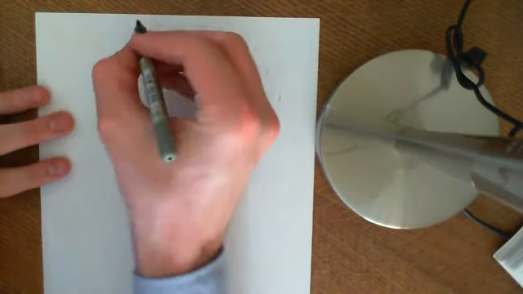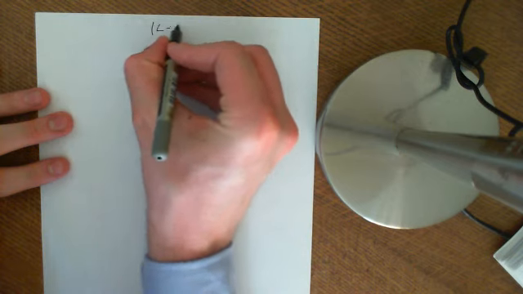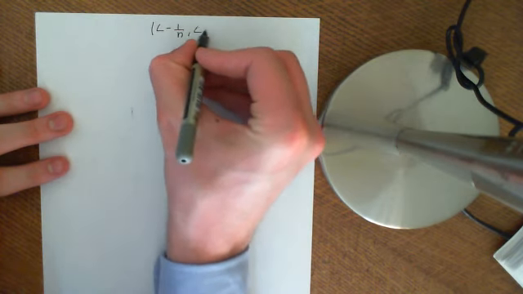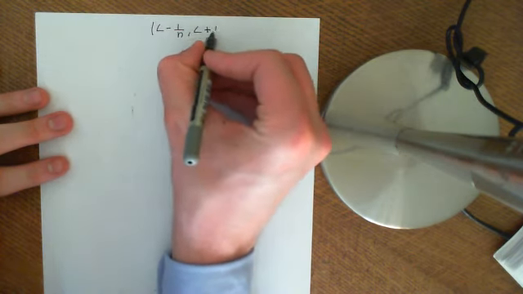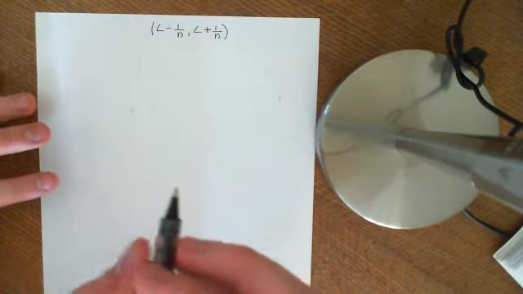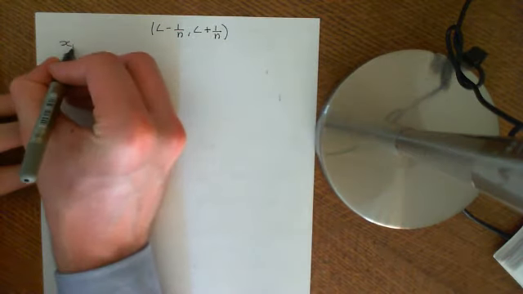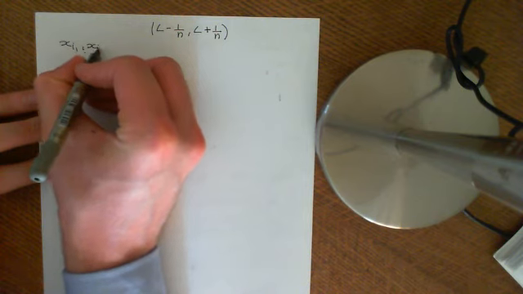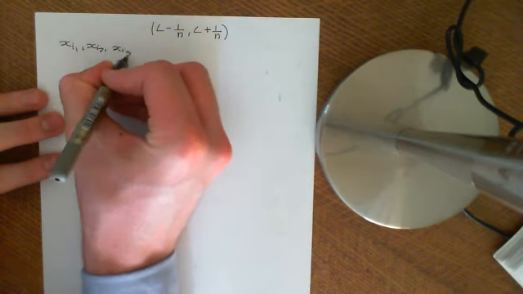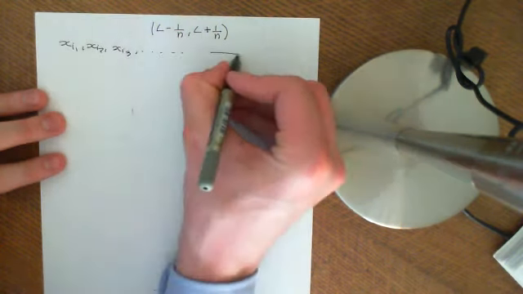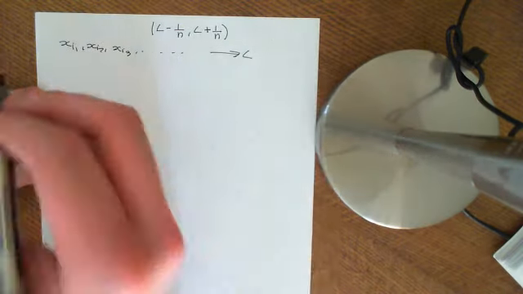Okay, and that's pretty easy because of the way that we set it up with these intervals that are getting gradually smaller, i.e. L minus 1 over n to L plus 1 over n. Right, so if we want to prove that this sequence xi1, xi2, xi3, etc. is actually converging to the limit L, then what we need to prove is that